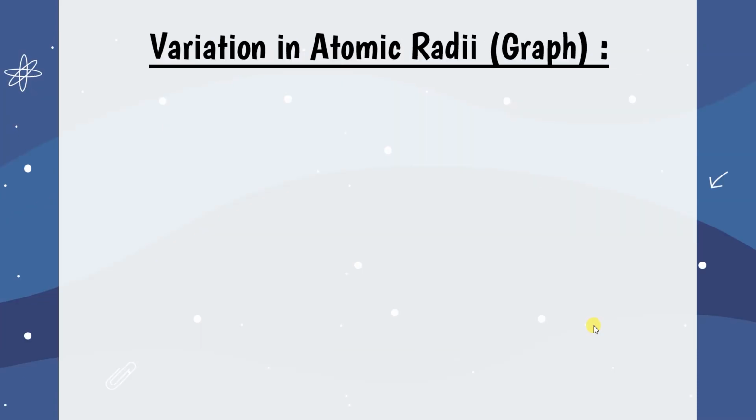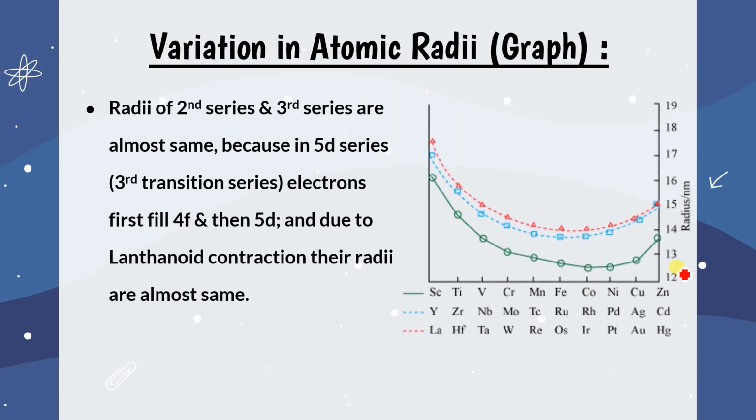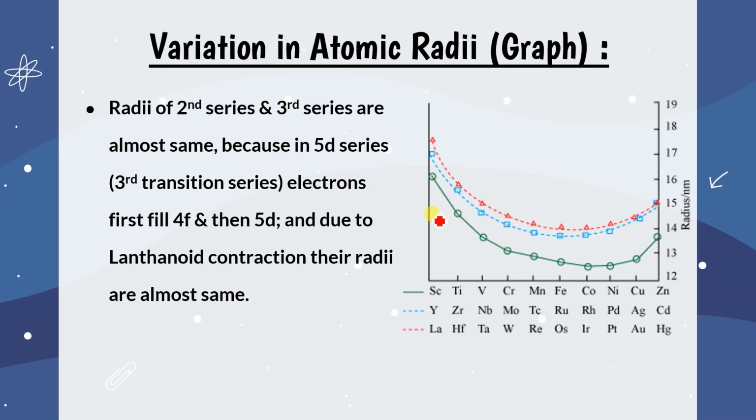Okay, you will see this in a graph, like this is the graph. You can see that this is scandium, titanium, vanadium, chromium. It is decreasing. Yes, you can see. Then if you talk about manganese, iron, cobalt, and nickel, it is approximately nearly the same, isn't it? Yes. But if you check copper and zinc, again it is increased. Reason? Here, effective nuclear charge is more, due to which the outermost electron will feel more contracted. The d electron will not be able to shield.